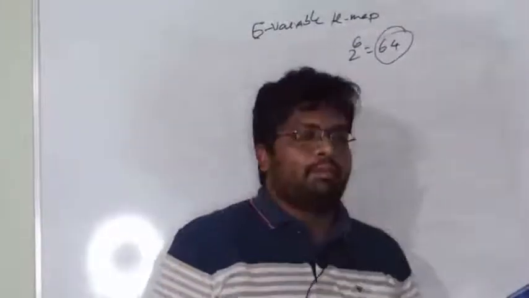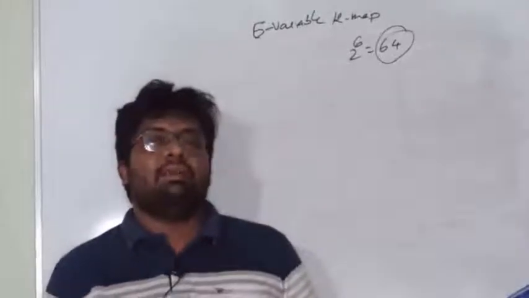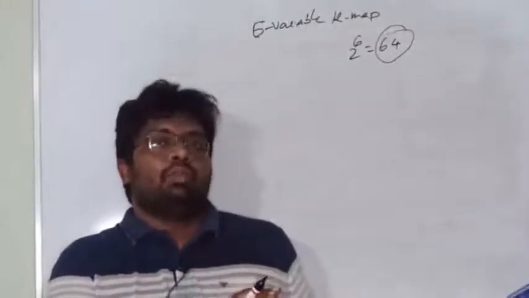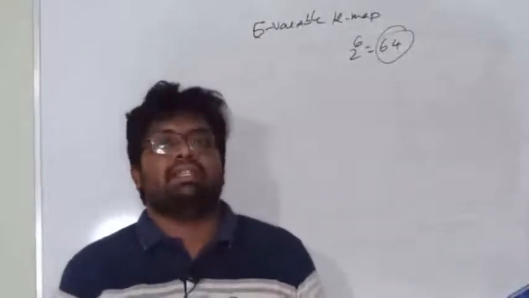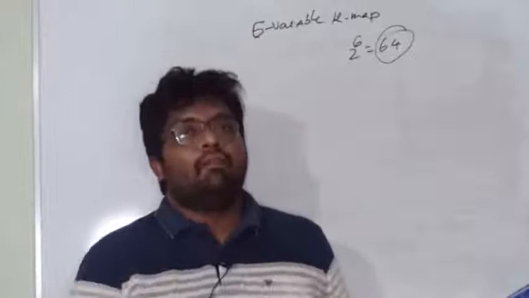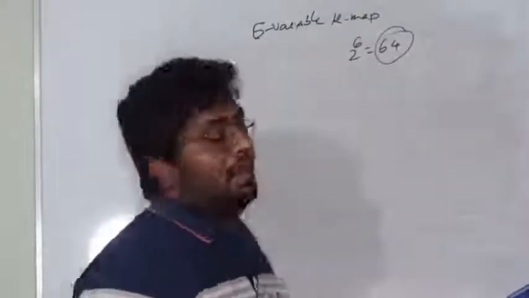As we are representing the 5 variable K-map with 2 4 variable maps, in a similar way we will be representing the 6 variable maps with 4 variable maps. So that is